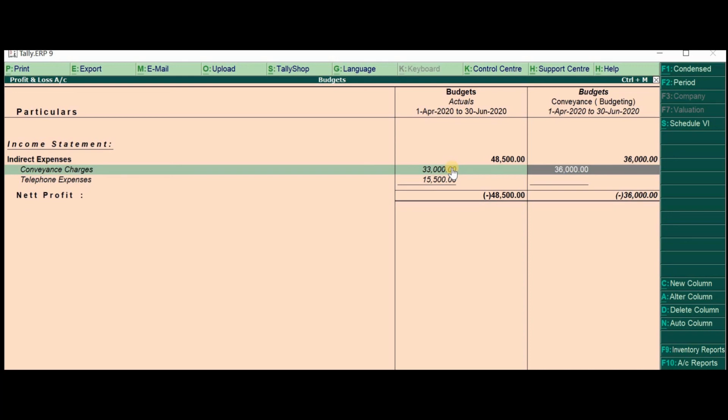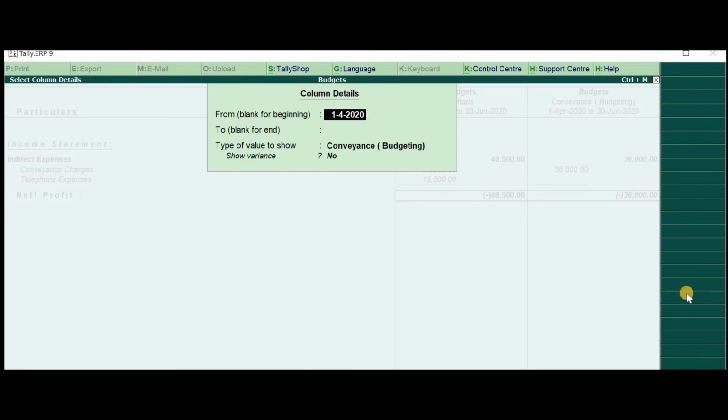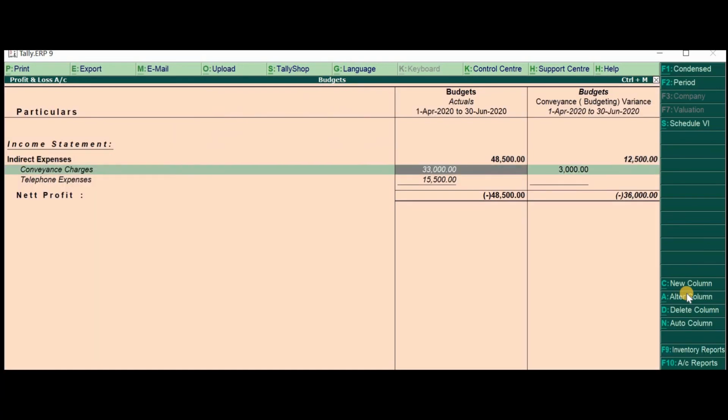So it's fine. Now let me see what is the variance. Variance means the difference between the plan and the actual. Press Alt A or alter column, and here press Y, show variance. See, it clearly shows 36,000 minus 33,000 is 3,000, so it is plus 3,000. That is fine, within budgets.